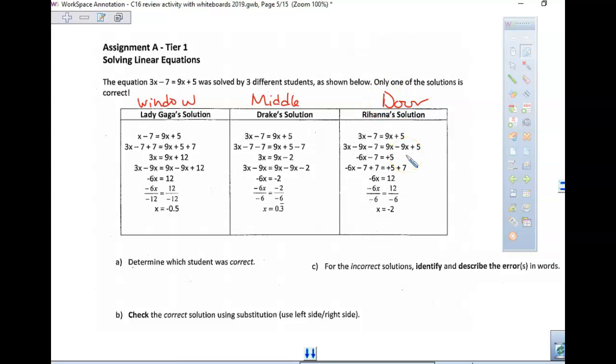So this is going to be like on the test, where I'm going to give you a problem, and I'm going to say, hey, maybe one of these people did it right, but maybe they all did it right. So determine who was correct. So in your row, and you can talk to anyone in your row as you are working on this, I want you to tell me, oh, did they solve it correctly? So determine which student was correct. If your student was incorrect, you need to circle the answer, okay? Identify the error. So you circle it, and then you're going to correct it, okay? So I'm going to leave this up here for